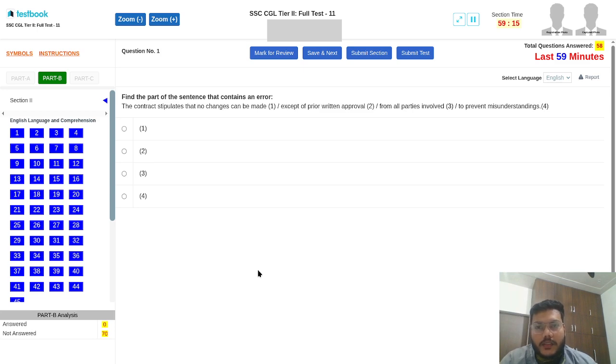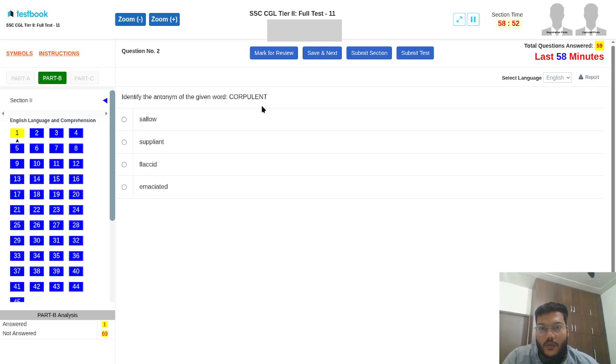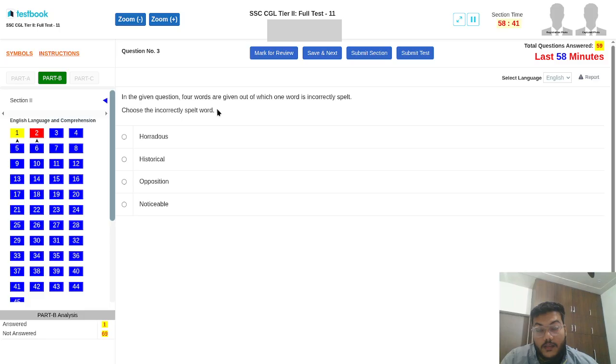The contract stipulates that no changes can be made except with prior written approval from all parties involved. Except of. Corpulent, शोर शराबा करने वाला. Somebody's choose then critic for historical ठीक है, opposition ठीक है, noticeable